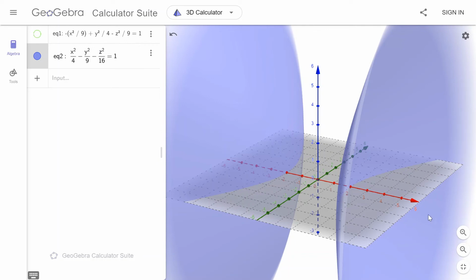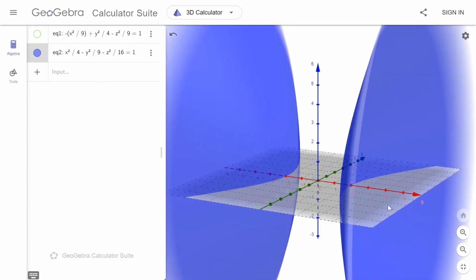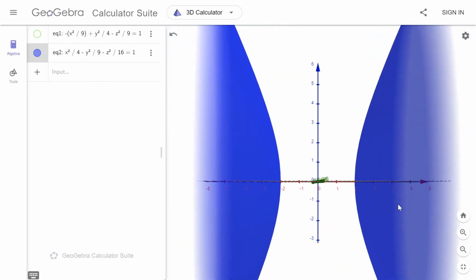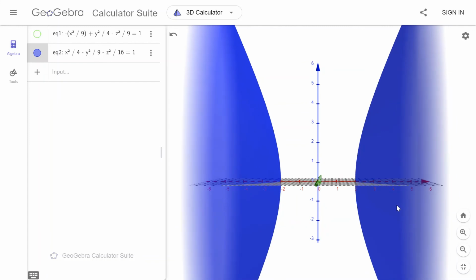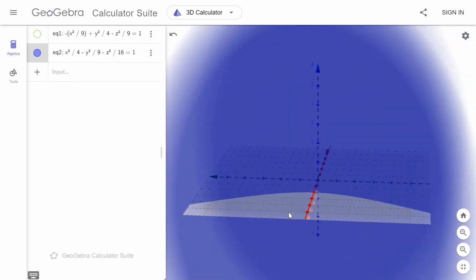So again, we are graphing using GeoGebra calculator suite, and we can see that in this, alright, if we have it this way, we have assumed z is equal to 0, then it is a hyperbola facing sidewards with the red horizontal line as our x-axis and the blue line our y-axis. So we can actually flip that